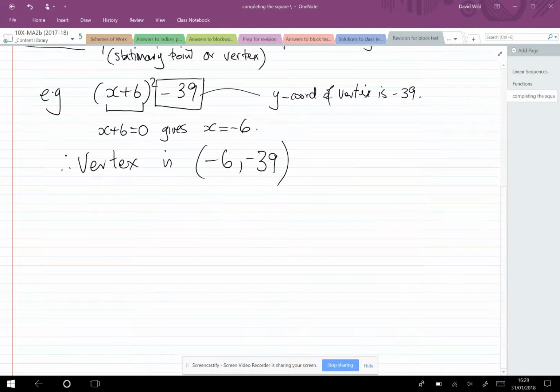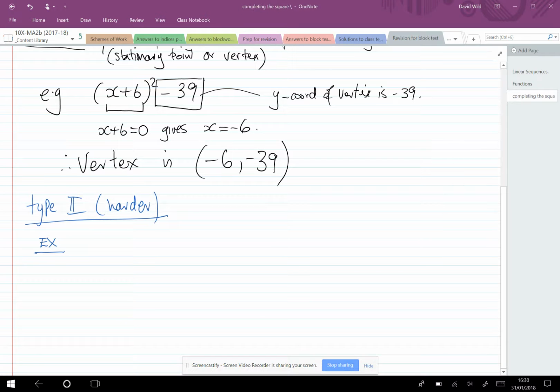Okay, the second type of question that you might get are the harder ones. And the reason why it's harder is because you could get a question that doesn't have 1x squared, but you might have 2x squared or 3x squared or something similar. So the example might be,